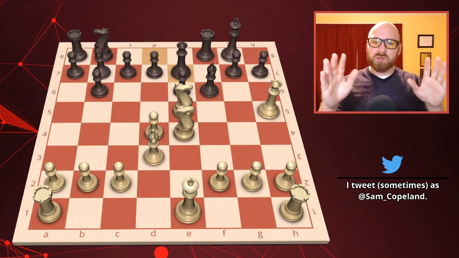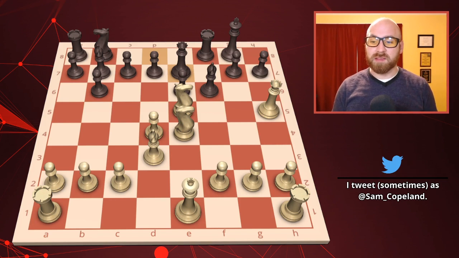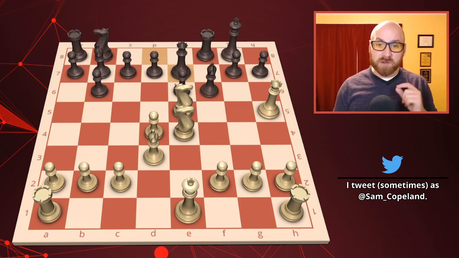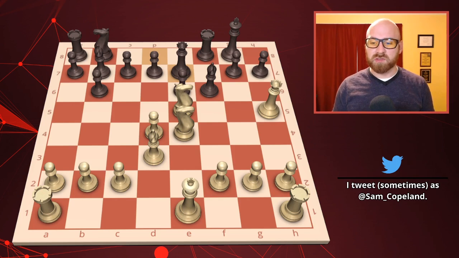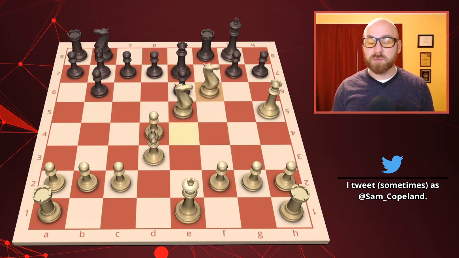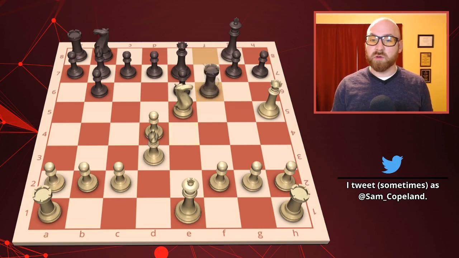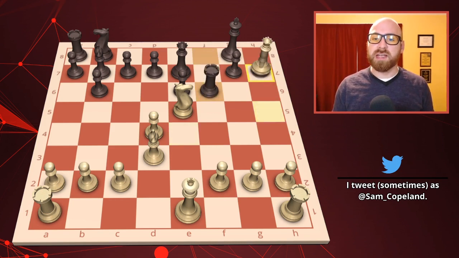So presumably you've spent 30 minutes and now you've seen everything already, so I'll just be demonstrating what you've already calculated. Now, first off, it's important to note in this position that the move knight takes f6, which many of you might have been drawn to, especially if you're a beginning or intermediate player, does not work. The problem isn't rook takes f6. If rook takes f6 or queen takes f6, then we can take on h7.